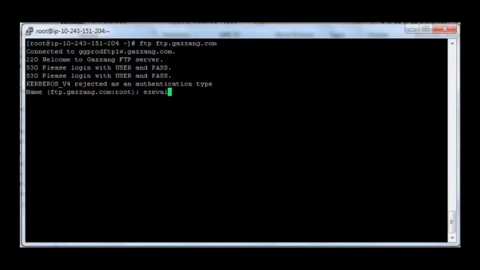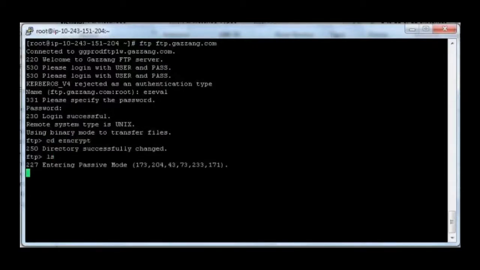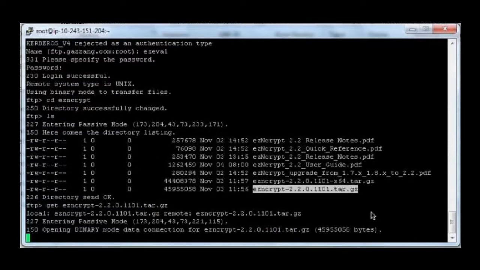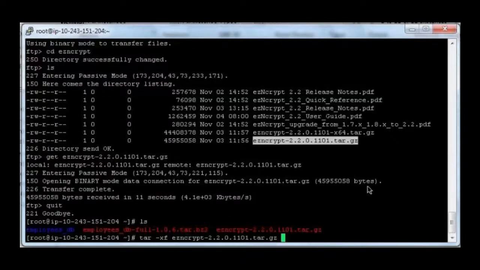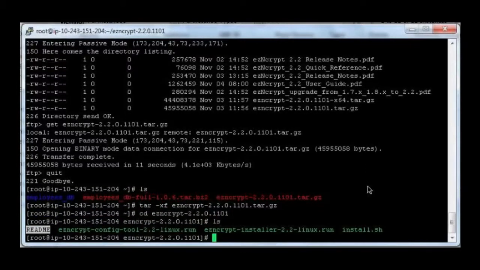Here we're using the FTP site to obtain the current release of ezNcrypt. Once you have the appropriate file for your system architecture, either 32-bit or 64-bit, run tar xf to expand the file. What you'll end up with is a README, our install shell script, an ezNcrypt installer, and an ezNcrypt config